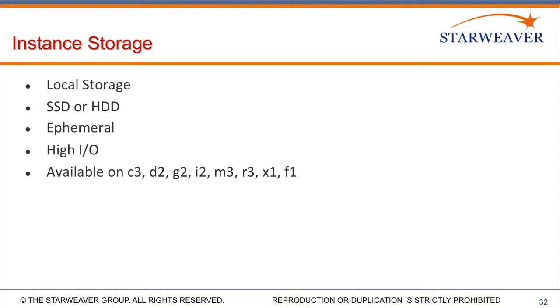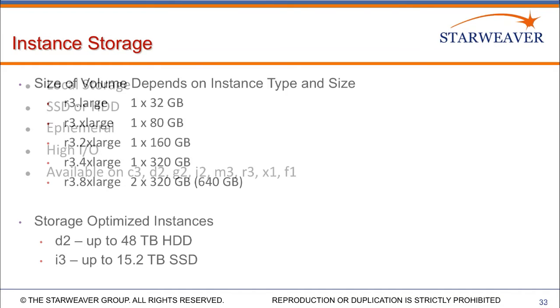Now, instance storage doesn't come on every instance type, and we're going to go through the different instance types and show you in a second. It comes on some, but it does not come on others. So if you want to use local instance storage, you have to start by picking the correct instance type in order to get it. And the amount of instance storage that you get, whether it be 80 gigabytes or 150 gigabytes or whatever, depends upon the type and the size of the instance that you pick. And you don't provision this. This is something you just get with the instance for free,